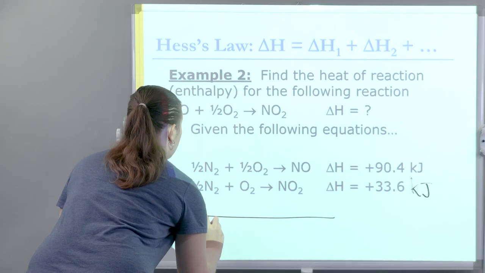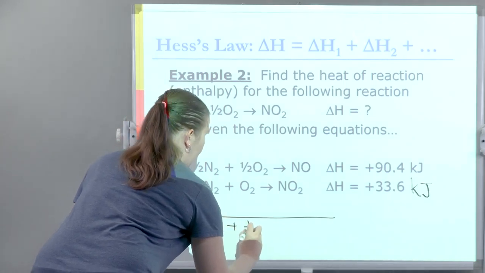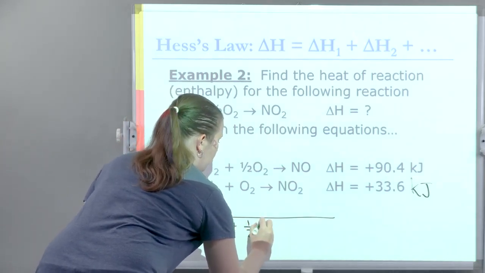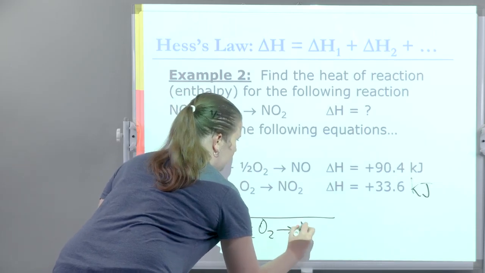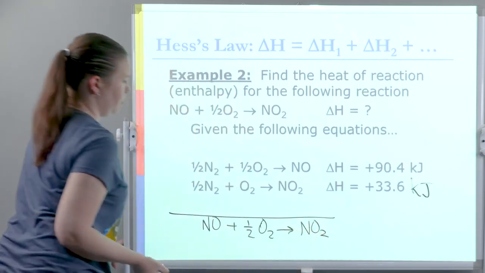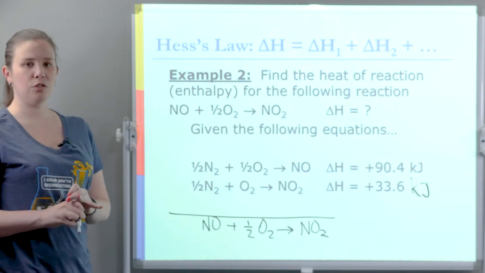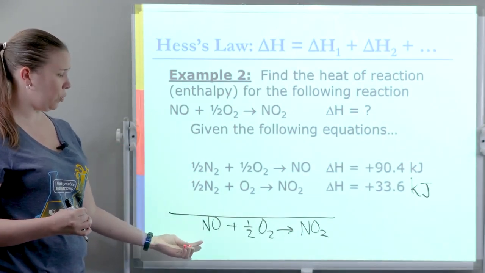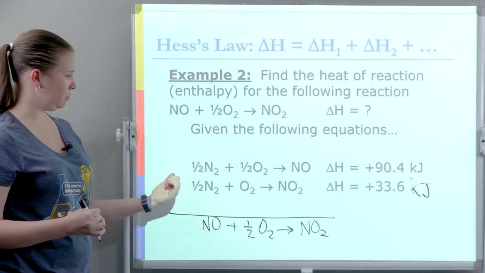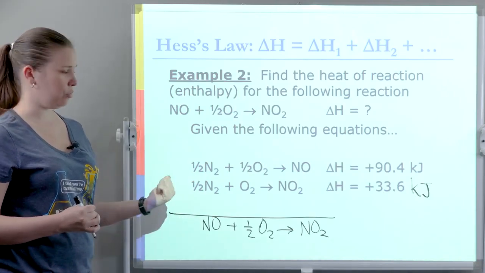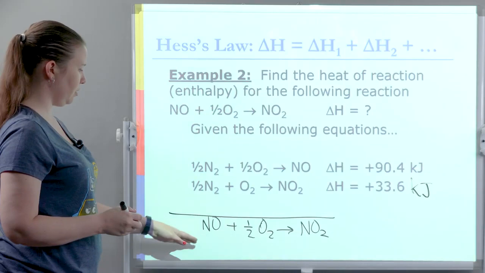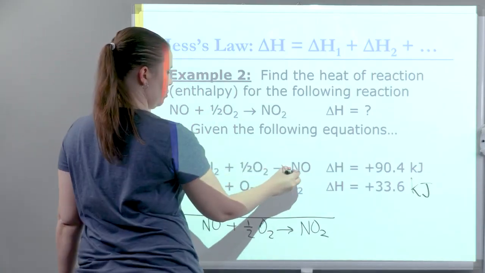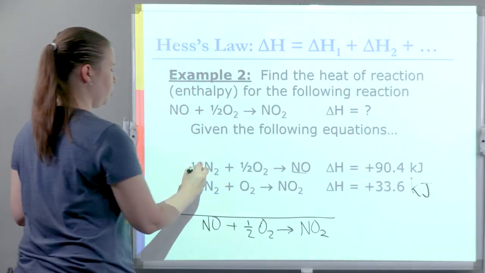So I'm trying to get NO and half a mole of oxygen as my reactants, and then 1 mole of NO2 as my product. So let's first make sure everything exists where it should. Do I have NO on the reactant side? Ironically, no, we do not have NO on the reactant side. The only place it exists is over here on our product side, which tells me I'm going to need to